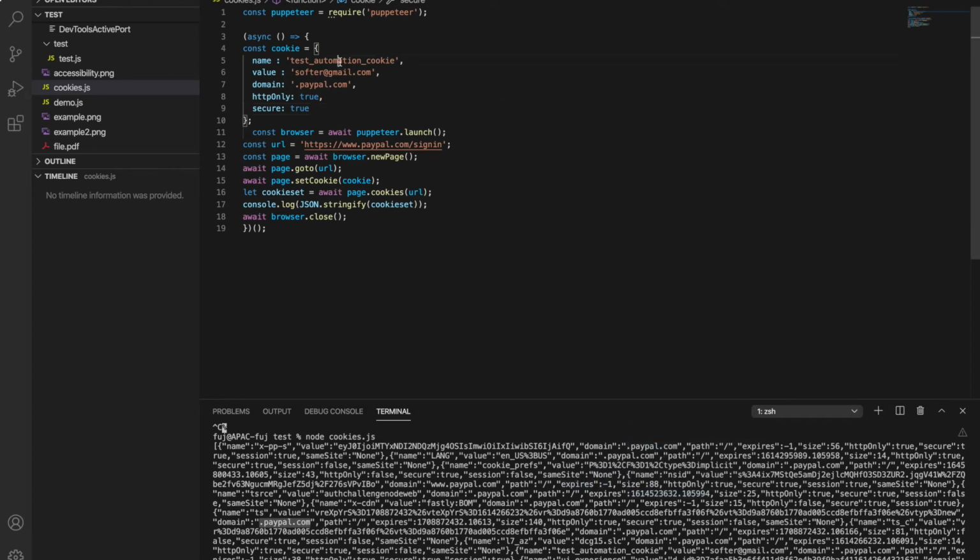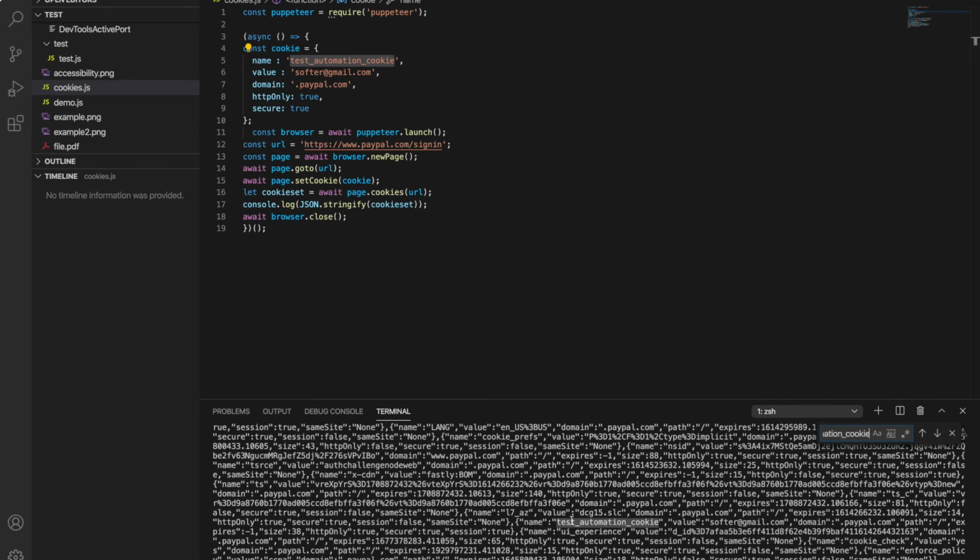Our cookie name is test automation cookie. So it is there, here it is, test automation cookie. So this is set.